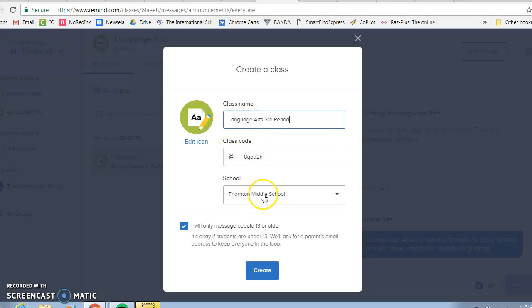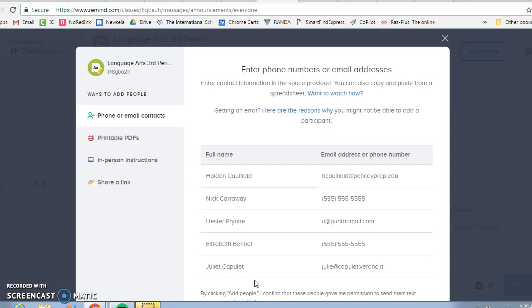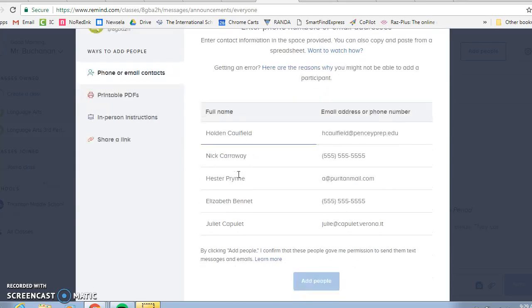We have a class code. My school is Thornton Middle School. Depending on your students, you'll have to check a box if it's okay to message people 13 or older. If they're under 13, you just have to ask for parents' email so they can see what's going on as well. So once you create the class, you can go in,